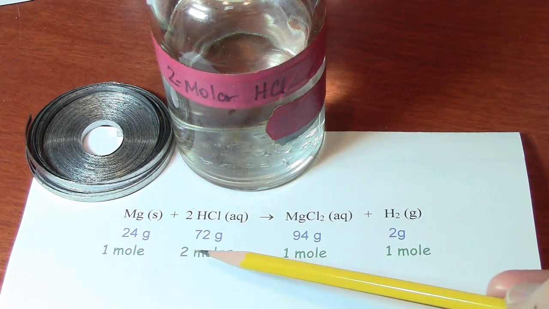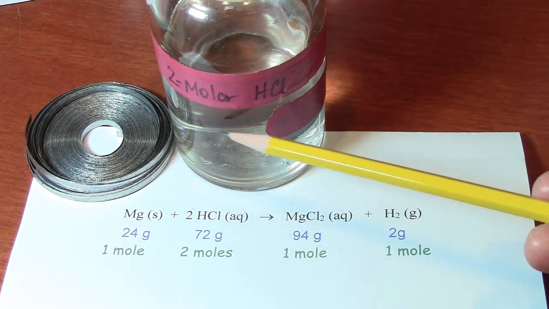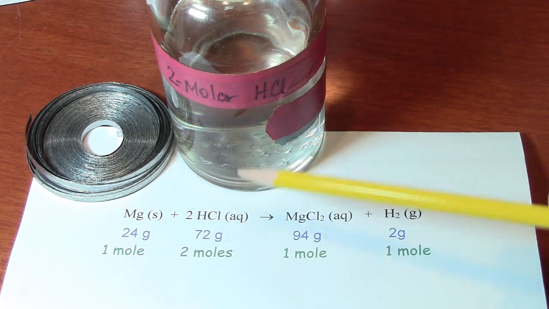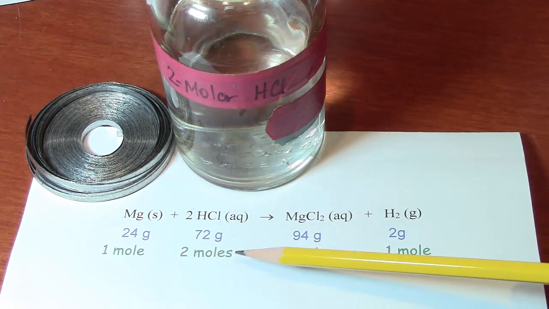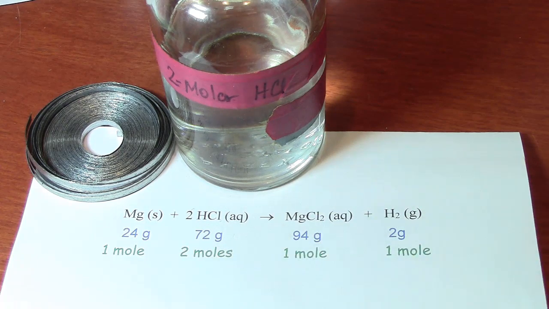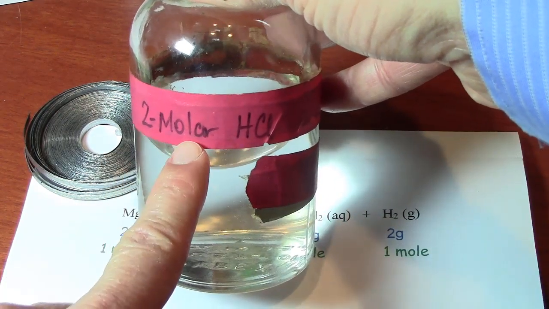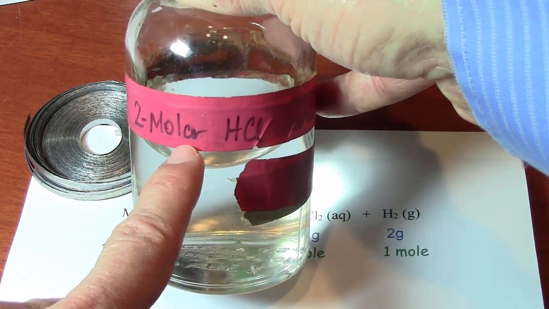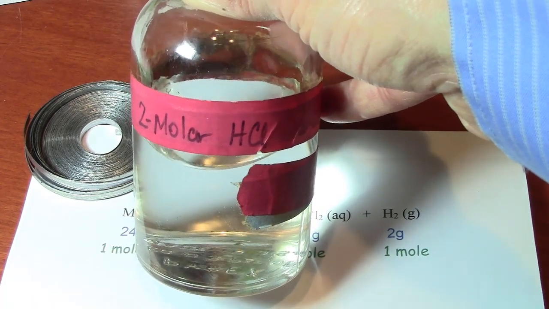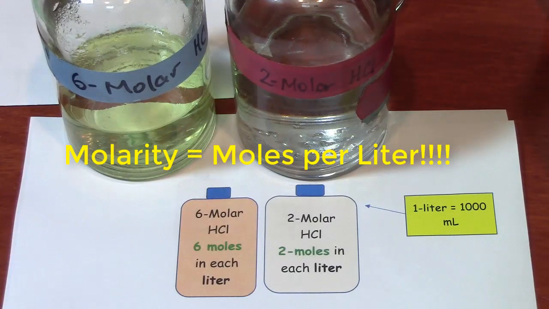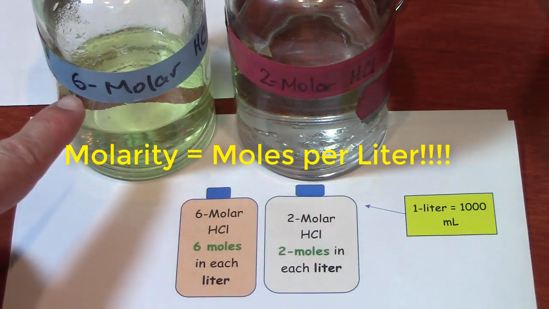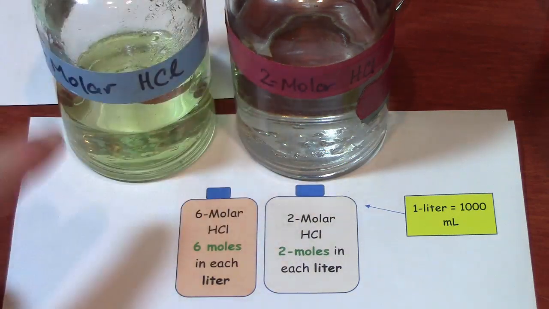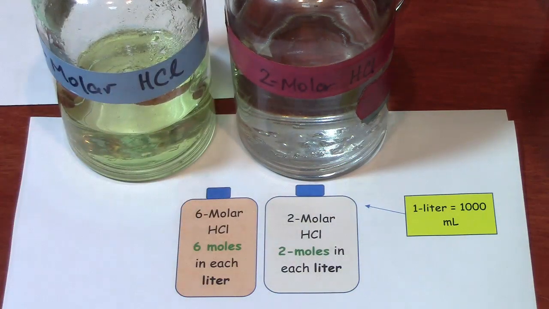This has value because I'm not going to weigh the HCl. I'm not going to weigh 72 grams of this liquid. I just need to get the right number of molecules. I need to get the right number of moles. And that's what this label is all about. You've seen this molar many times. It is a concentration of moles per liter. These labels refer to how many moles, how many molecular weight worths of HCl is in each liter of the